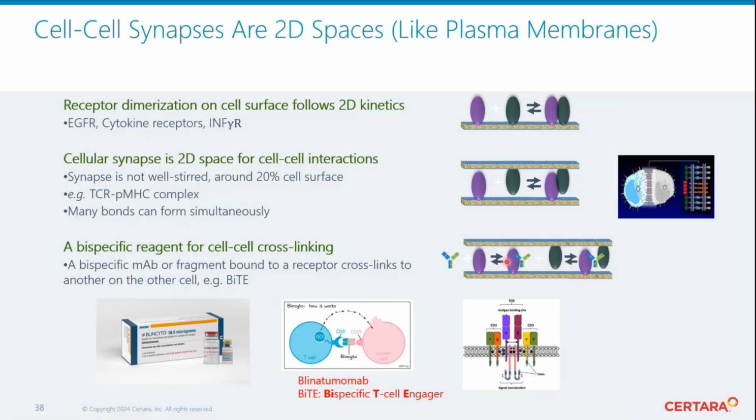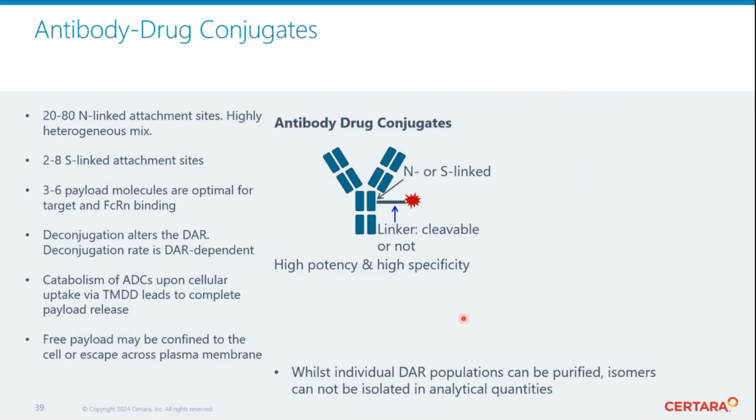It's a 2-dimensional space there. Right, antibody-drug conjugates. Very briefly, the number of attachment sites for the payload depends on the chemistry. If it's N-linked, then it's random to, let's say, lysines and so on. So there can be 20 to 30 different sites available. Then it's a hideous combinatorial mix. If it's S-linked, then it goes via disulfide bonds in the Fab or Fc region. It can take 2 to 8 payload molecules. However, at the cost of disturbing the antibody structure to an extent.